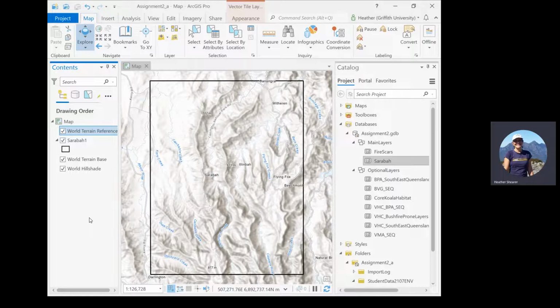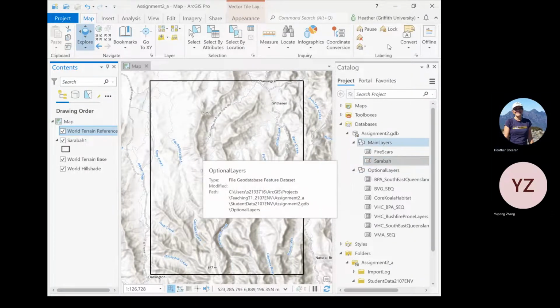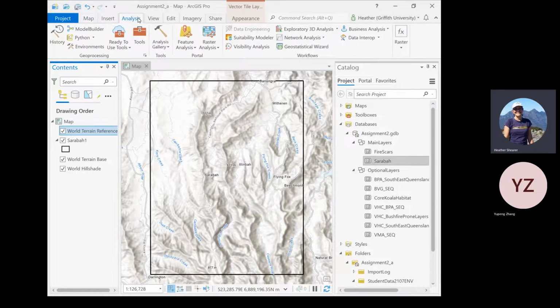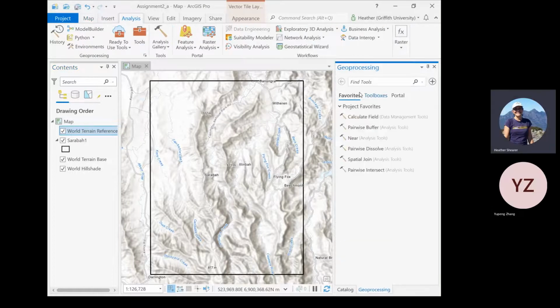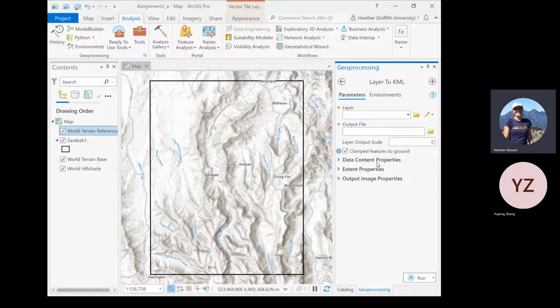So what we're first going to do is I'm going to show you how to do something called georeferencing. So can you see this thing called Saraba? We're going to go into Analysis, Tools. And what we're going to do is we're going to go layer, or it's either layer or polygon, I can never remember, layer to KML. Because what we're going to do is I'm going to show you how to get raw data off a raster